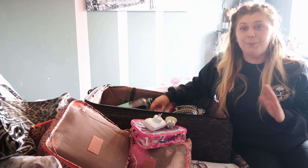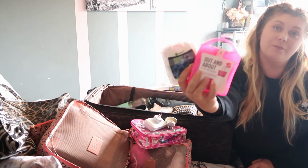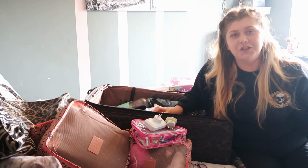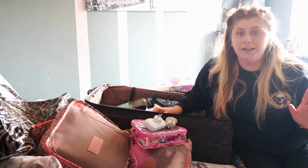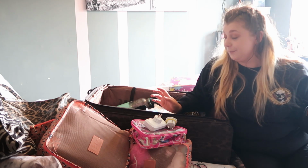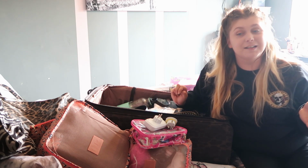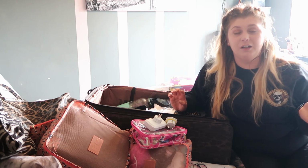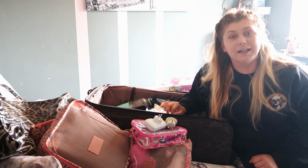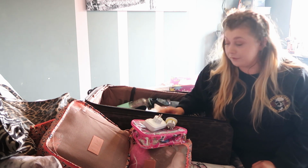Pretty standard, but first aid kits. I have got 2 because I'm very injury prone when I go on holiday. Last year, oddly enough, I didn't hurt myself, which was strange. Maybe it's because I only went for a week, but when I normally go with the whole family and when I go for 2 weeks, I always hurt myself a couple of times. It's not just once, it's a couple of times. Last year I cut my toe open pretty bad. I then broke 4 toes. Yeah, I just hurt myself. So